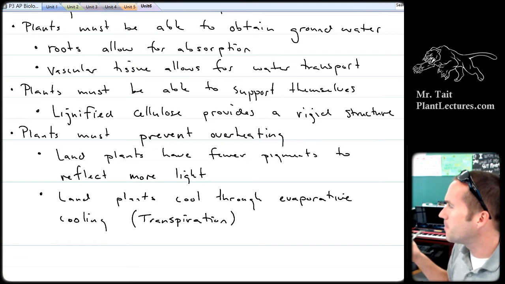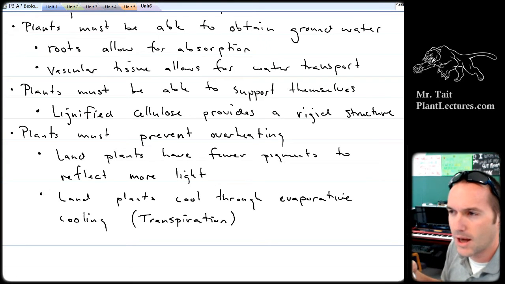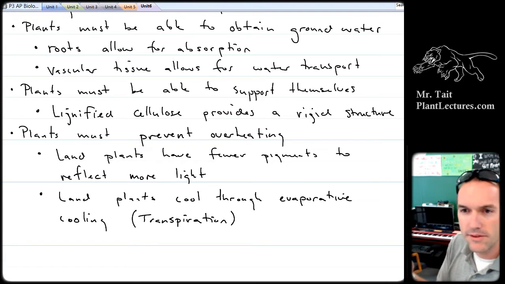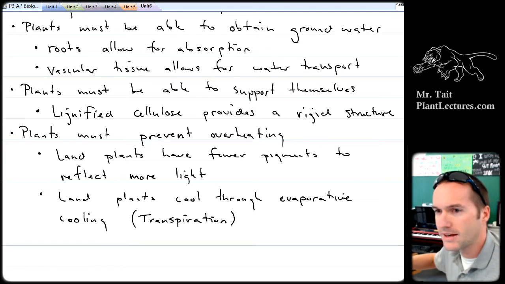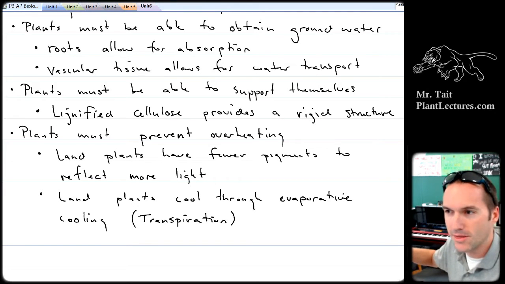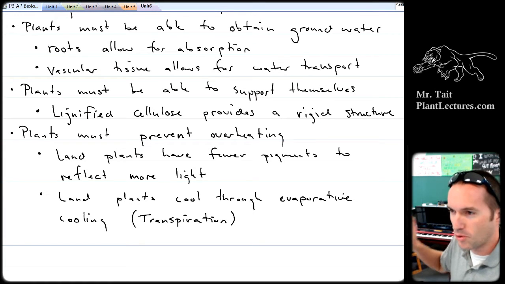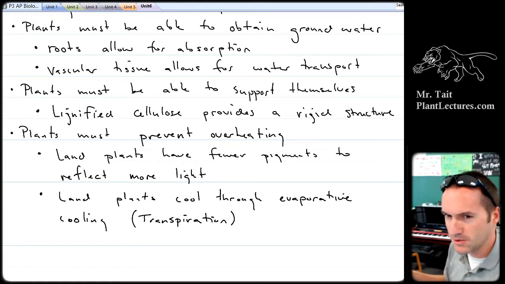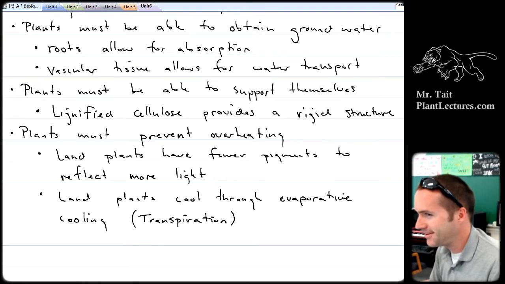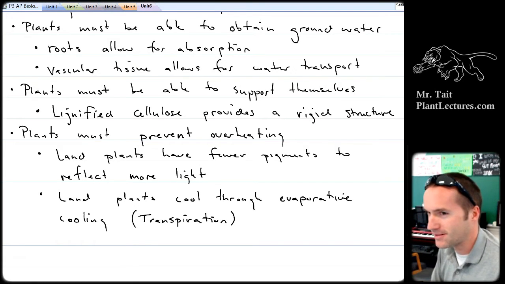And this is why, if you have ever been out on our turf field, right, in the summertime, you know that if you put your hand down on it, you're going to burn your hand, right? The turf gets to be like 150 degrees or something ridiculous like that, right? But if you go into a normal grass field and you put your hand on the ground, it's not going to be 150 degrees, right? It's going to be nice and cool.